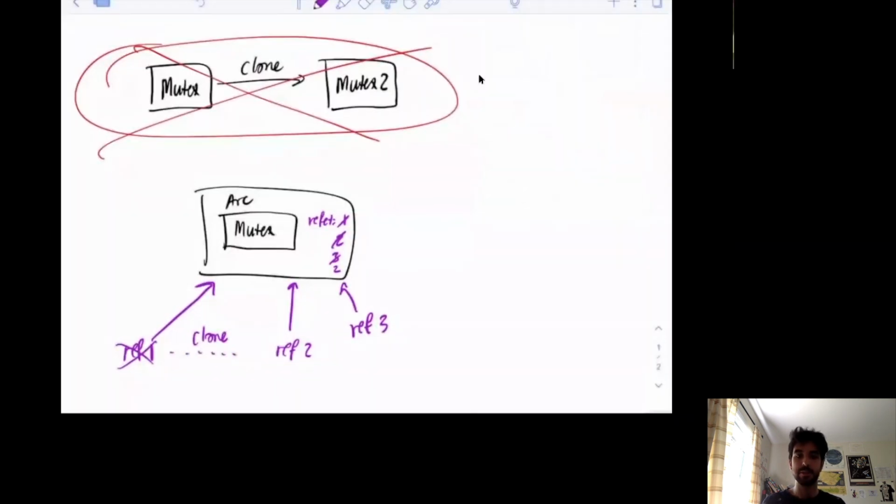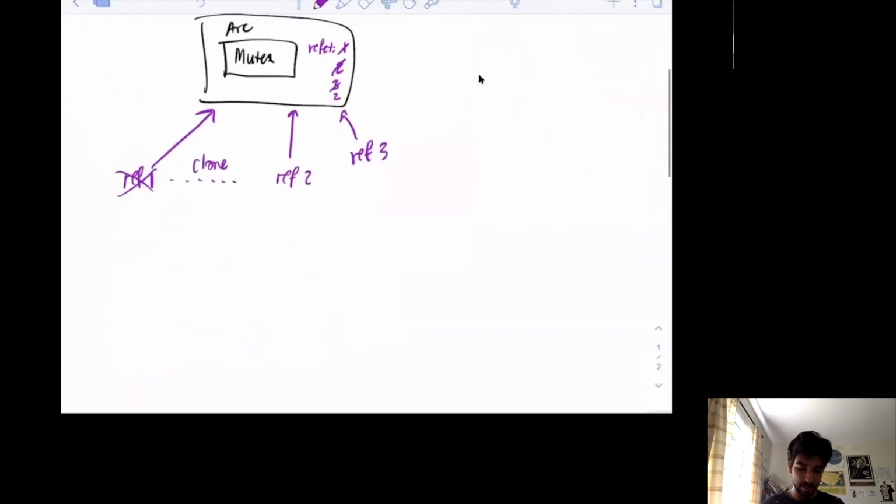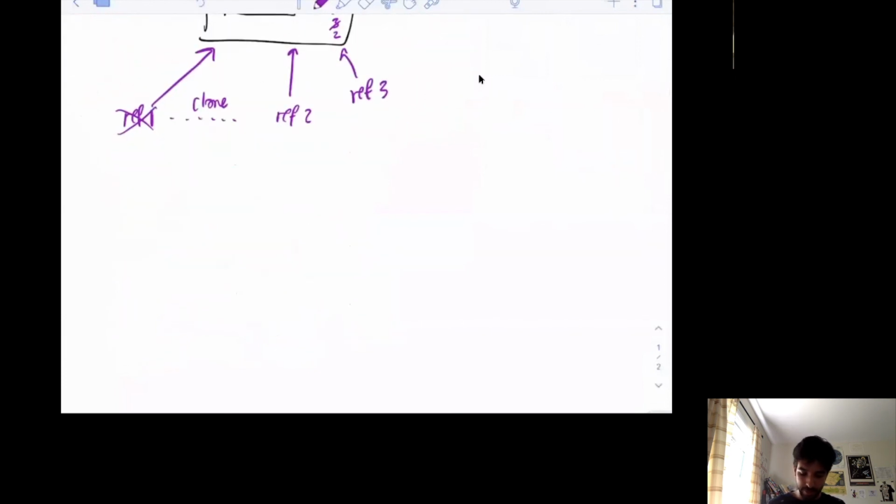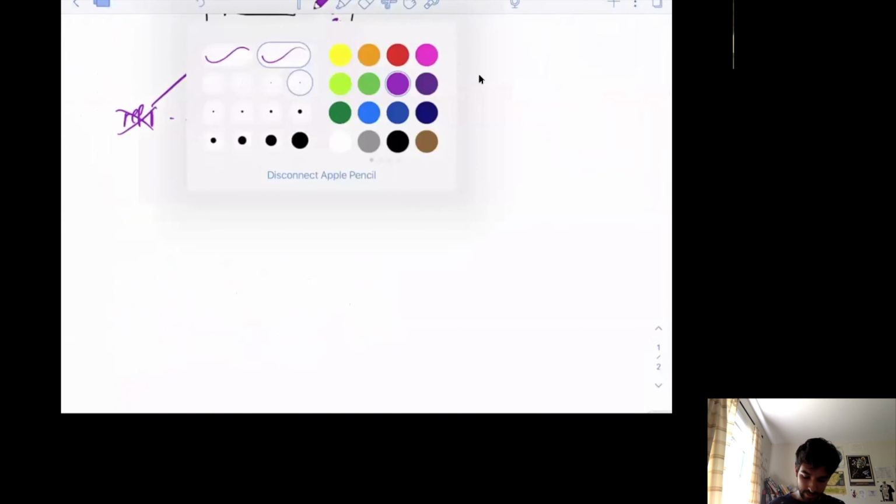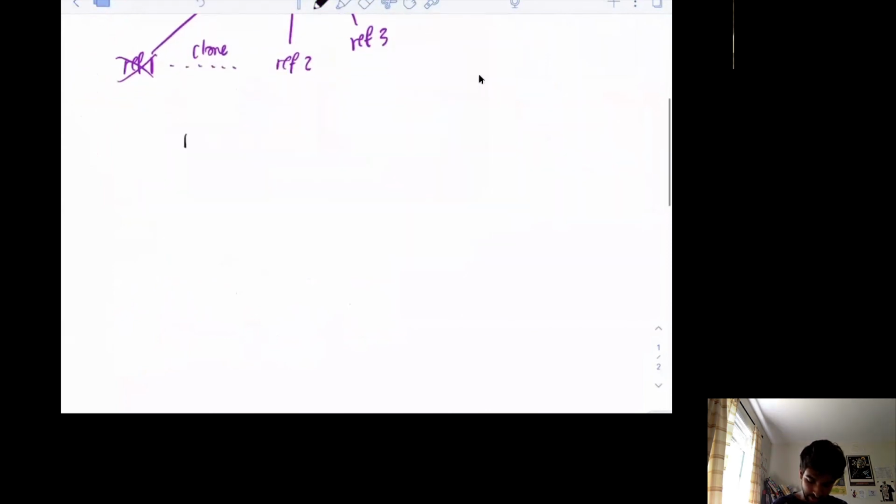Right, so this picture was justifying why we need to wrap our mutex in an ARC. Let's think about what could happen with RC. So if we had RC, what I'm drawing, this box here, is like RC's underlying memory on the heap, okay? This is the ref count, and currently there's one reference to it. Reference 1 is pointing to it, so the ref count is 1,